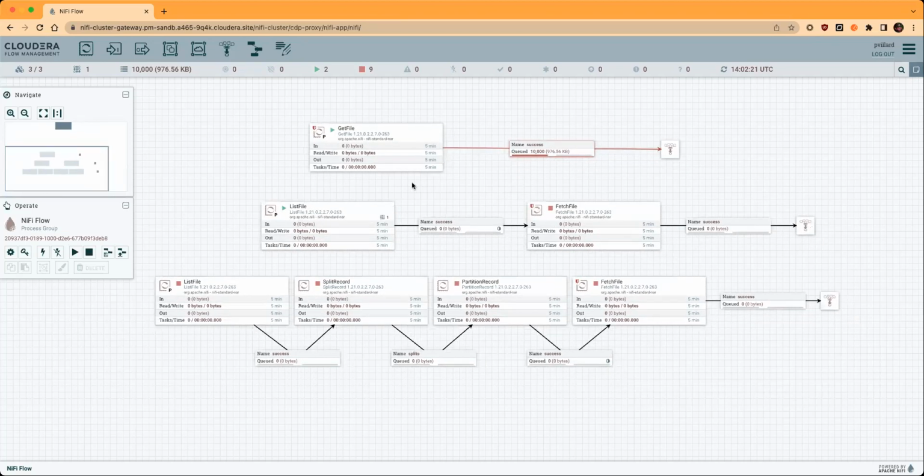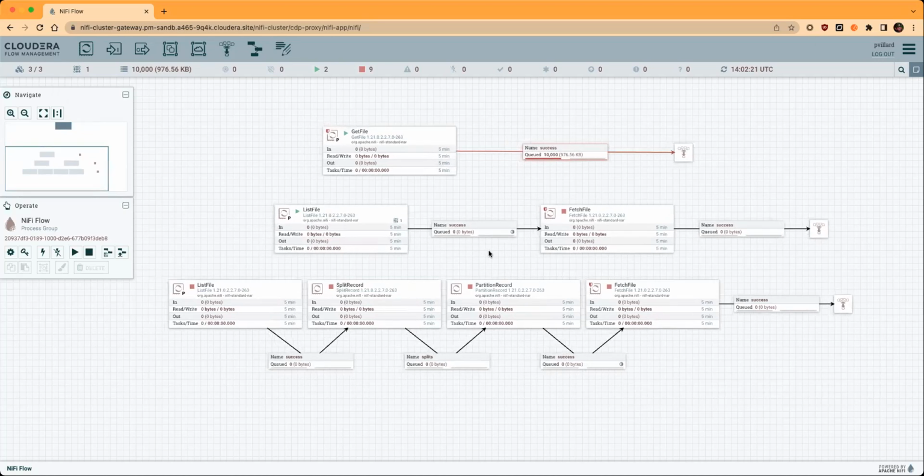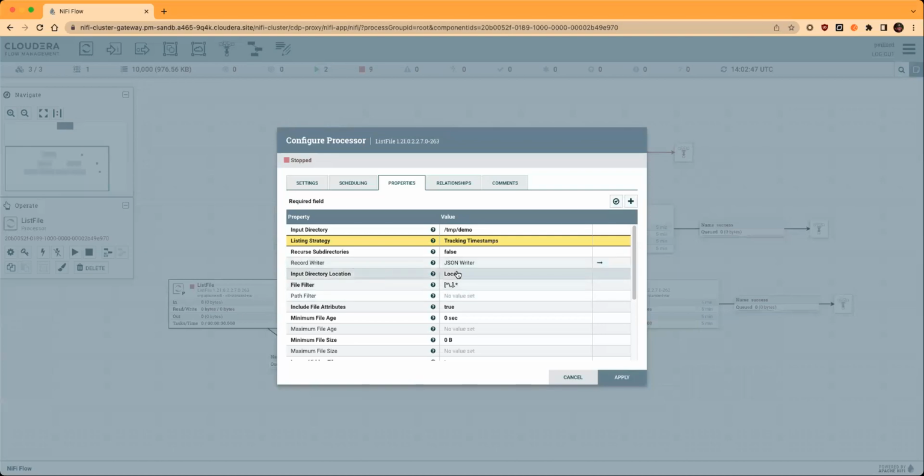While it's running, I can actually go to the next flow definition, where we better manage this scenario where the ListFile could be listing a lot of files. In that case, there is an option that has been added in NiFi releases maybe 1 or 2 years ago, which is the option to configure a record writer. This is available on all ListX processors. And this option is very useful